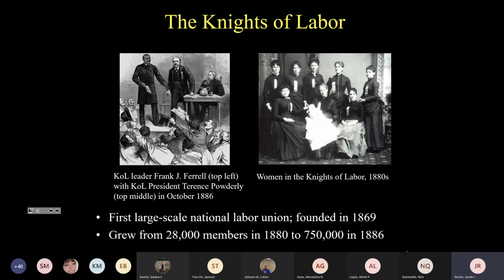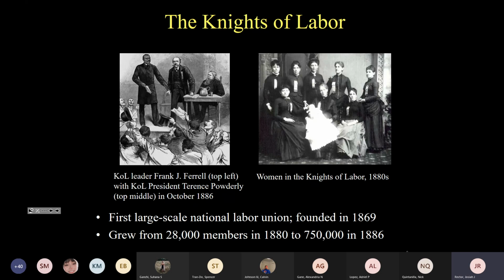Initially, they were closed to women, but under pressure from women labor activists like Mary Sterling, who led a strike of lady shoemakers, they opened their ranks. And actually, by 1880, the Knights of Labor Constitution advocated equal rights for equal work, and the Knights of Labor also supported women's suffrage, at least at the top, although there were male Knights of Labor leaders who opposed it. Women constituted about 10% of Knights of Labor members by the early 1880s. And Knights of Labor leaders like Leonora Berry, who was an Irish mill worker from Amsterdam, New York, played a key role in the national organization and the women's suffrage movement.